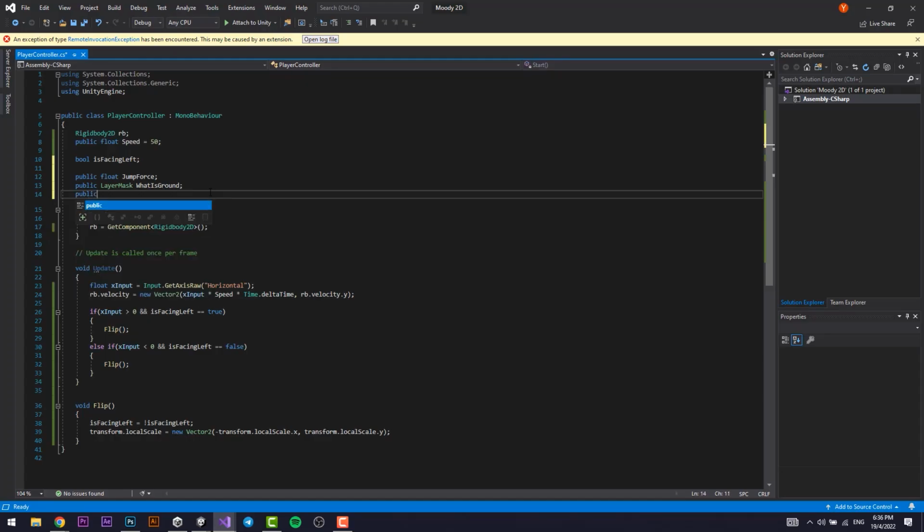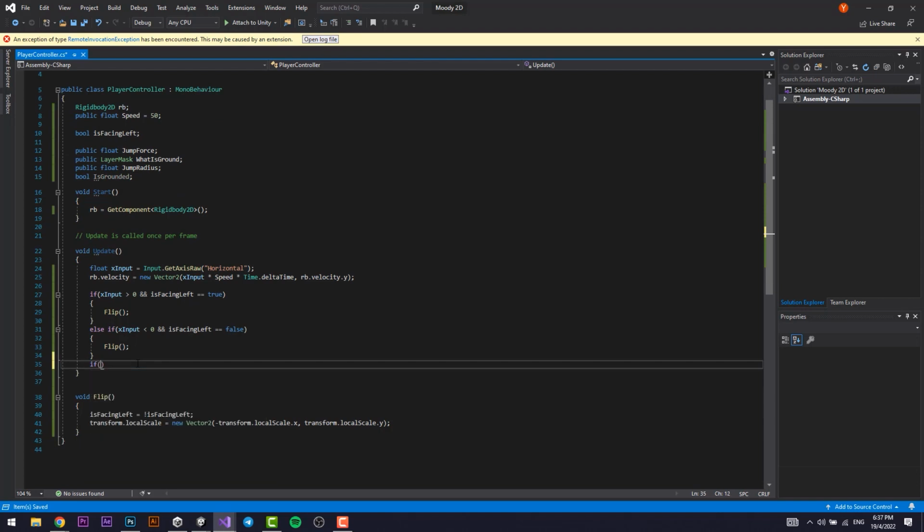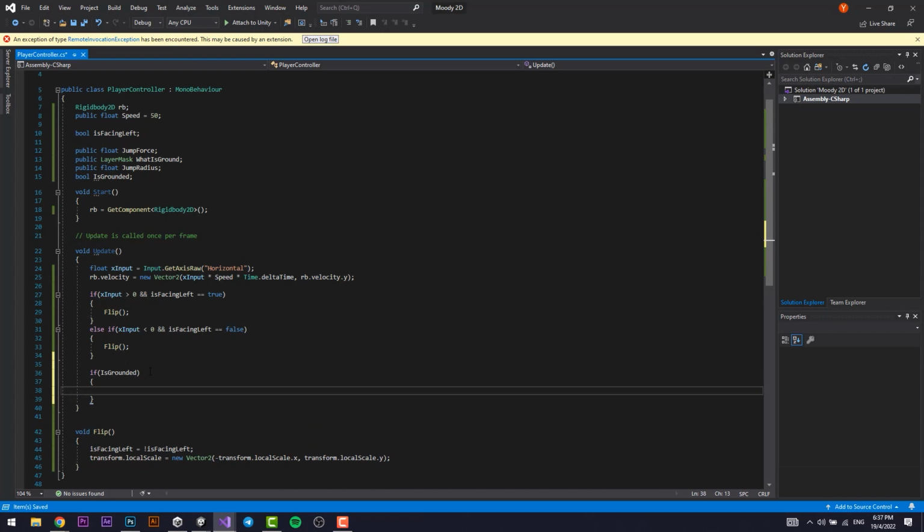Let's create a public float jumpRadius, and a private bool called isGrounded to check whether we're grounded or not. So first of all, if we are grounded, we want to jump. How can we jump? The same way we did normal movement. We're going to call rb.velocity equals Vector2.up